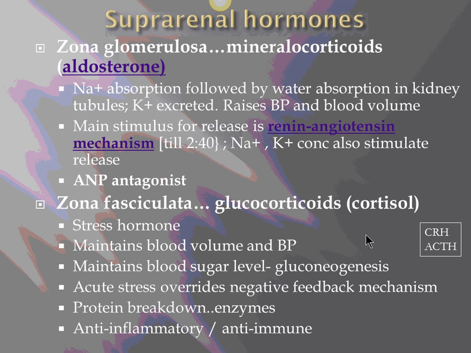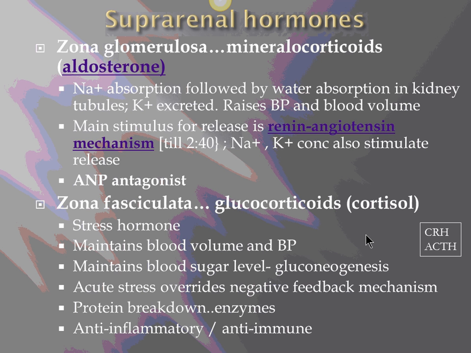So let's look now at the suprarenal hormones. The first one we are going to do is from the zona glomerulosa. As I said, they are called mineralocorticoids. The primary action is on electrolytes, and sodium and potassium are the ones that it primarily acts on. The function of aldosterone is to make sure your blood volume and hence your blood